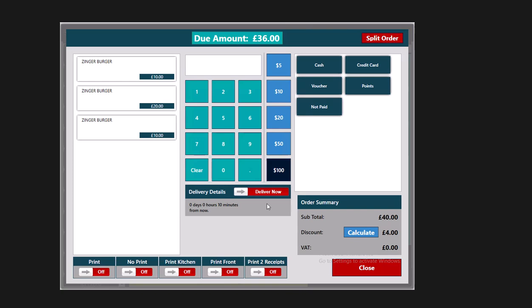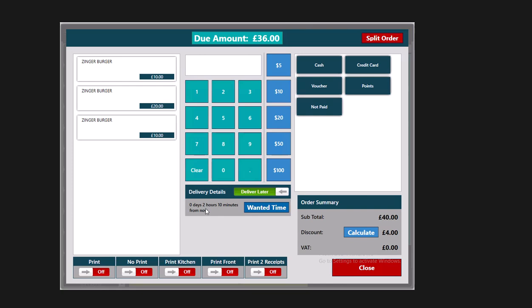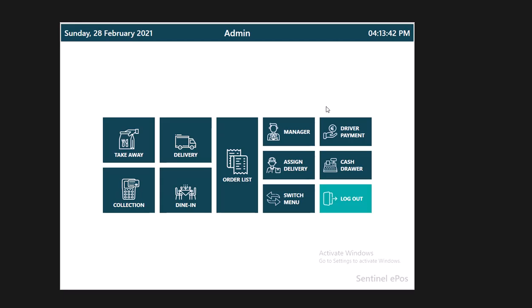And then if the customer wants future delivery, you can do deliver later. Wanted time, you can change it to, for example, if the customer is asking for a wanted time, let's say 6:23 p.m., you can do 6:23 p.m. It will tell you the total duration, like it's 2 hours 10 minutes from now. And then if the customer is not paying the order, you can do not paid because it's a delivery order, and it will